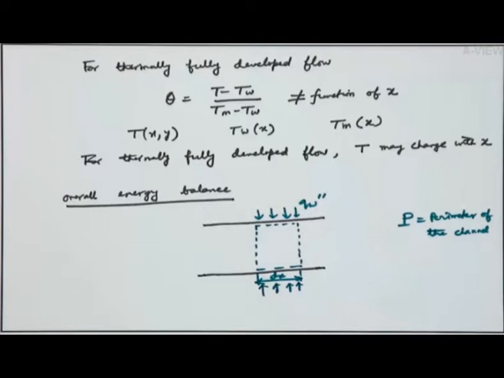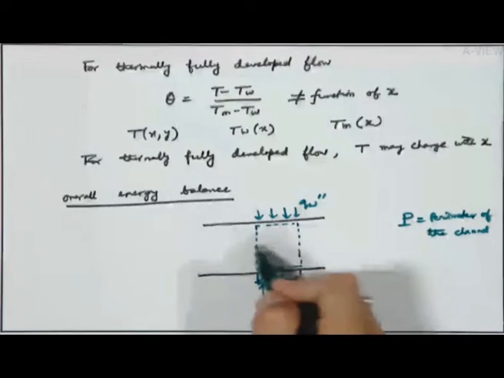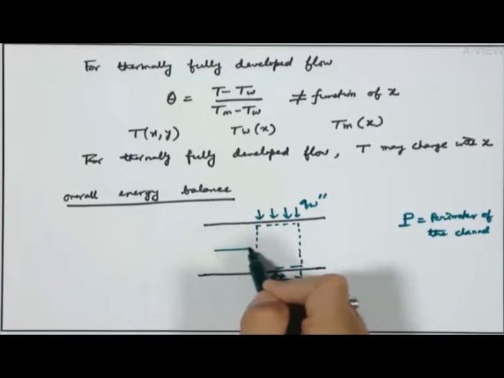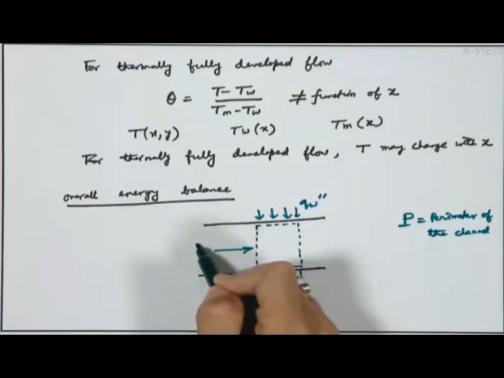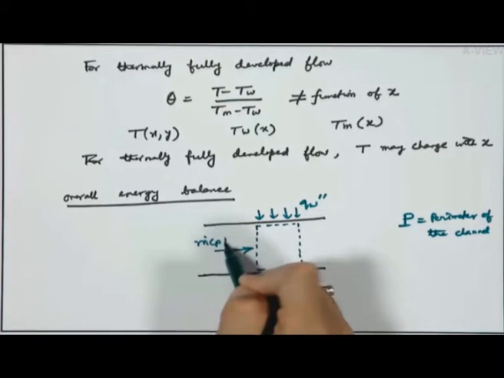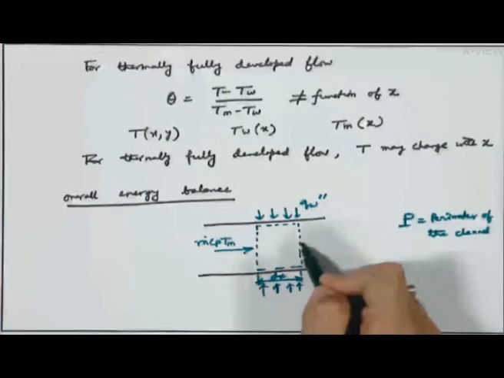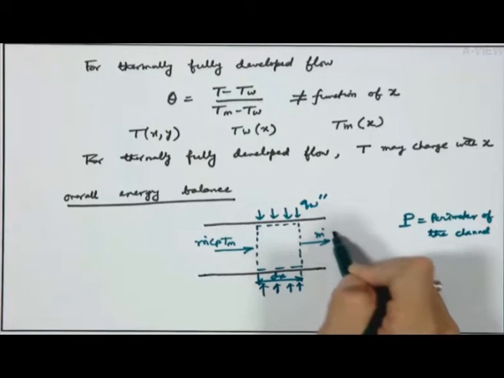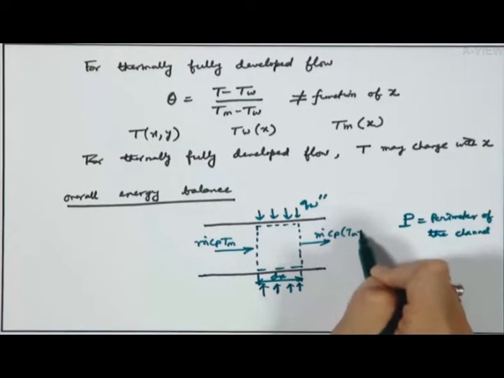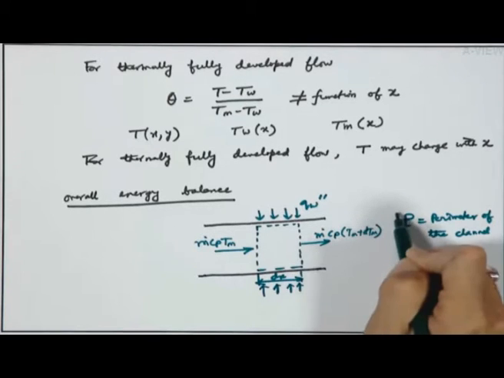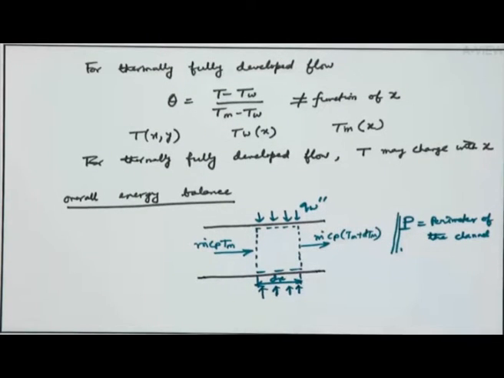See, the introduction of the bulk mean temperature, what is the advantage? The advantage is now we can apply a one dimensional model. We can simply assume that for an incompressible fluid the energy entering here is m dot Cp Tm, thermal energy. The energy leaving here is m dot Cp into Tm plus dTm. Can you tell what is the assumption behind this? There is a very important assumption that goes behind this.